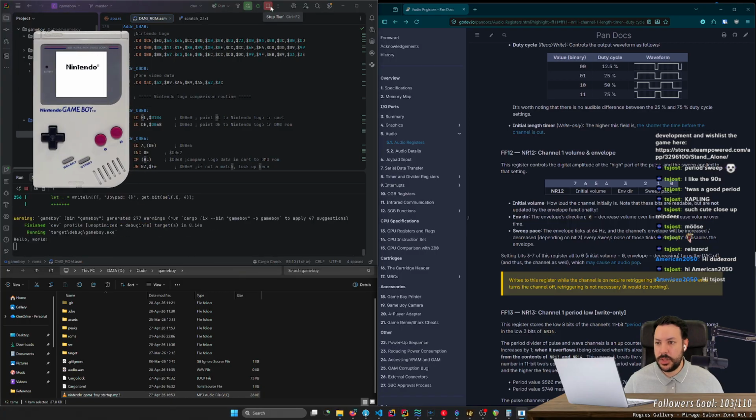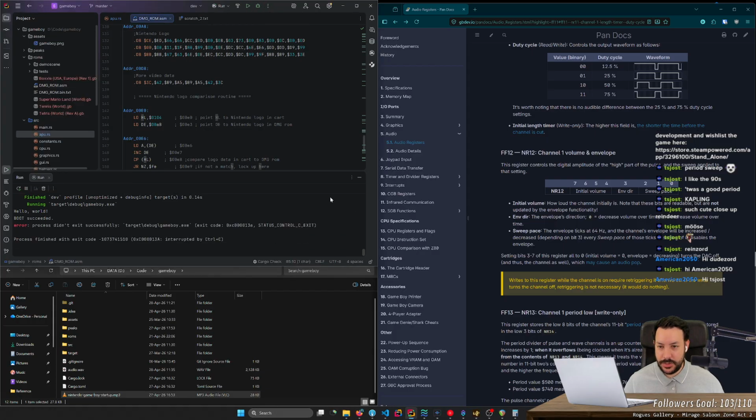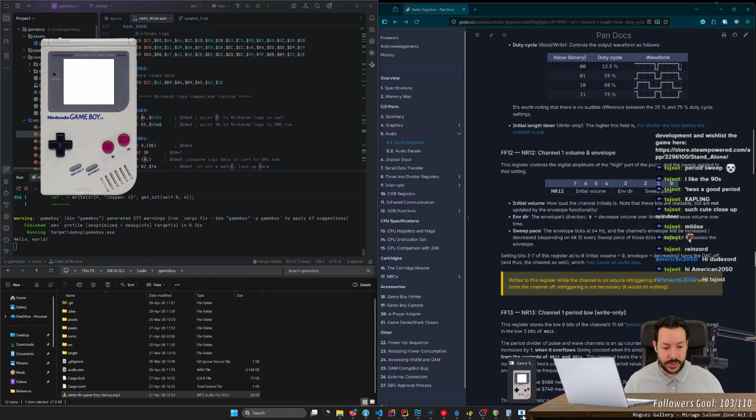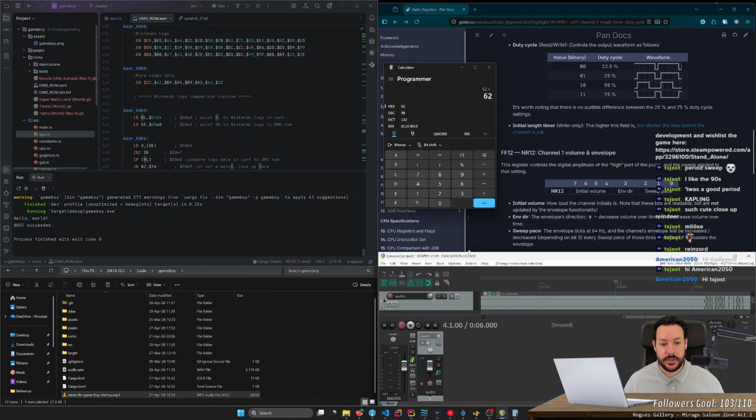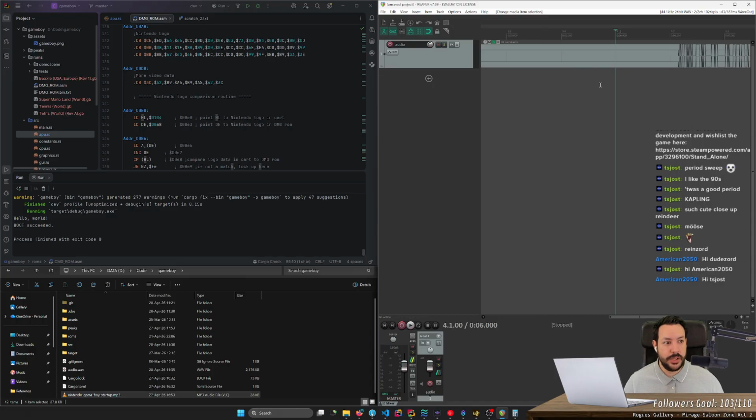Okay, let's see what type of wave. Oops, this doesn't work. I need to kill it here. What type of wave are we currently generating? Okay, so currently we are generating. Hold on. Oh boy.